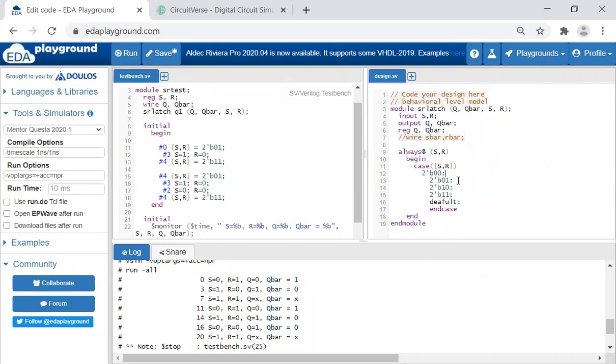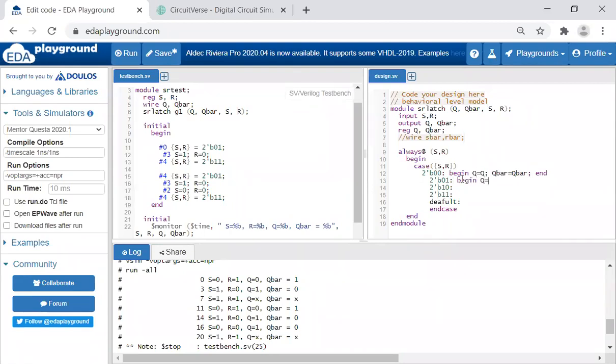Okay. Now, if the case is equal to 0, 0, what do I get? Begin. So I will write begin. Q is equal to Q, Q bar is equal to Q bar, according to the truth table. Next, again I have to give an end. Now, why am I giving begin and end? Because this is one assignment, this is one assignment. So we have multiple statements. Whenever you have multiple statements, it is good practice to give a begin and end. So the next one is begin.